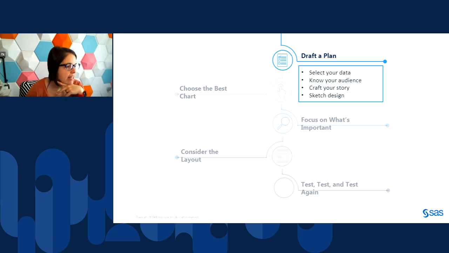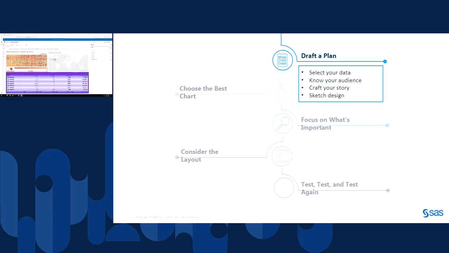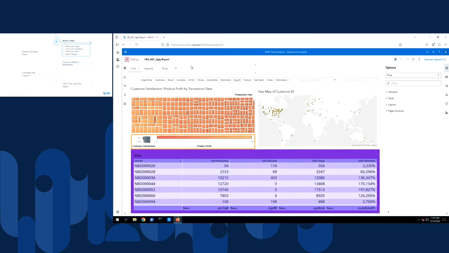So let's go in and start looking at some of it. Let me go and show you the report, actually. I'm going to share my screen. And I have my report open, and this I have dubbed the ugly report. I built this specifically to make sure that we're not following the report design best practices so we can see what not to do. It's actually kind of fun to build.